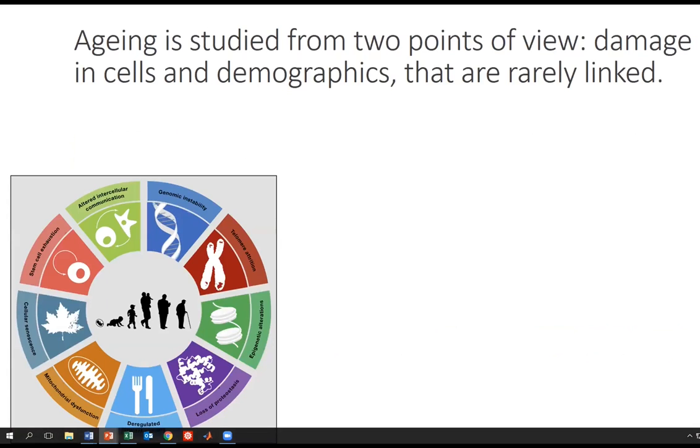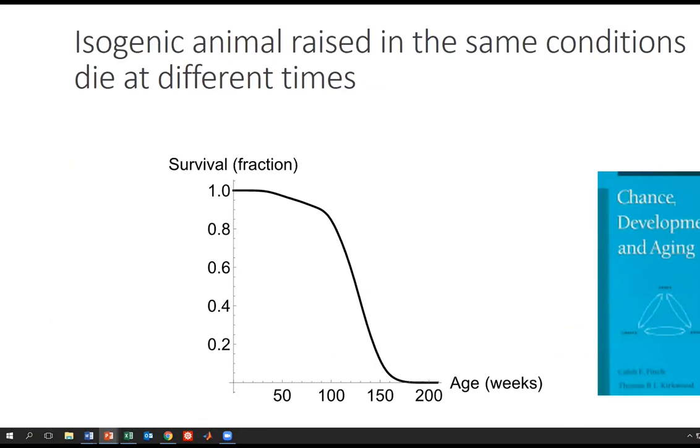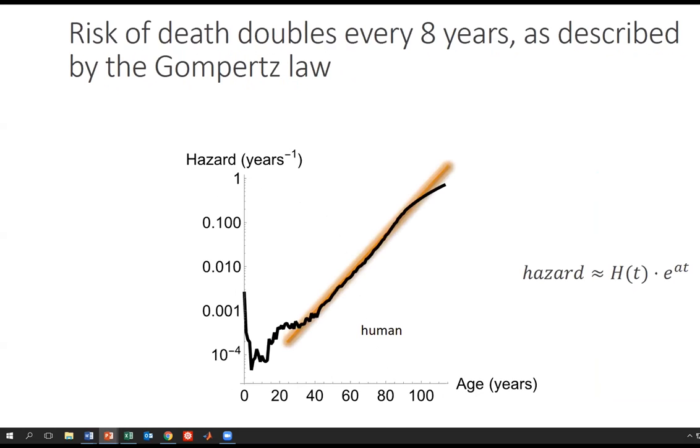When we think about the hallmarks of aging, that's one way to understand aging, and these epidemiological curves that we saw in the previous talk is another. And we want to link, how can we link molecular damage to things like the Gompertz law? And it's striking that genetically identical animals die at different times, just about as different as non-genetically identical animals. So it's not the genes, it's not the environment. They're raised in the same cage here, these mice. And it's something else, something stochastic that determines the widening differences between aging individuals, where the individuals become more and more different as we age in terms of health.